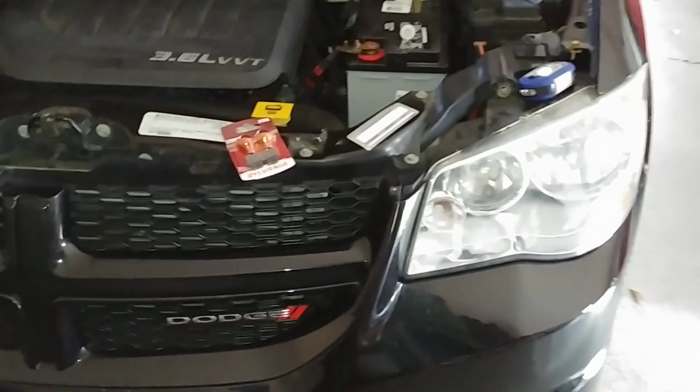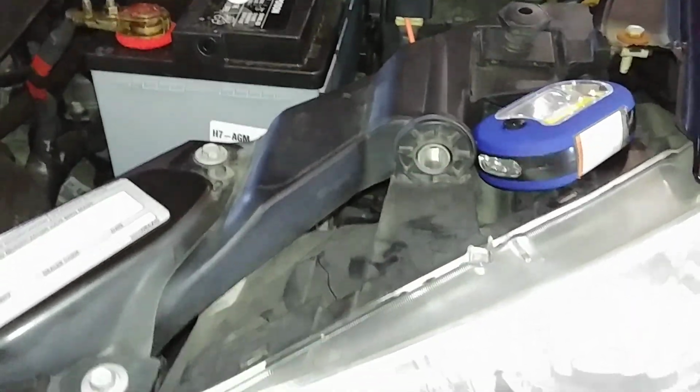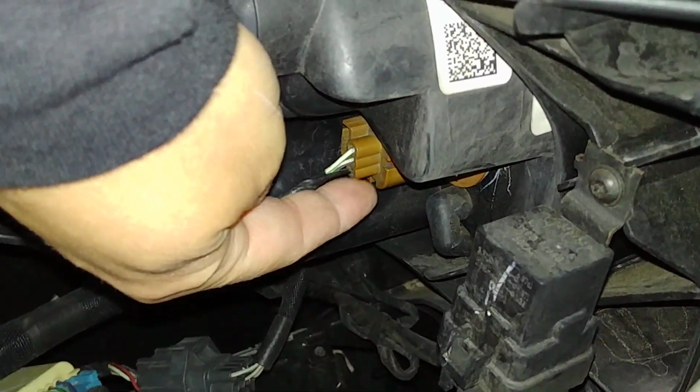All right, quick video here on a 2012 Dodge Grand Caravan, changing the turn signal bulb, and I started out going a little bit the long way. I wanted to take the headlight out and figured that was the easier route, and actually that is not required at all. For this particular model, all we need to do is come down in here, this harness right here,